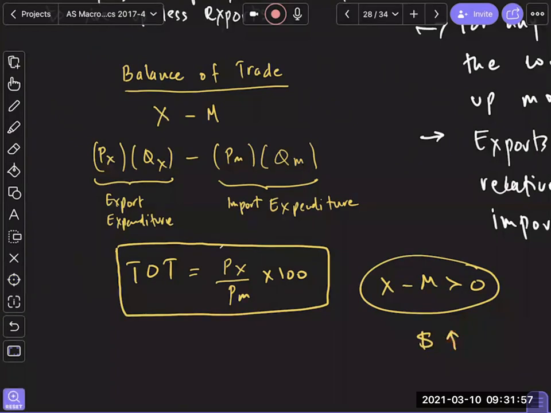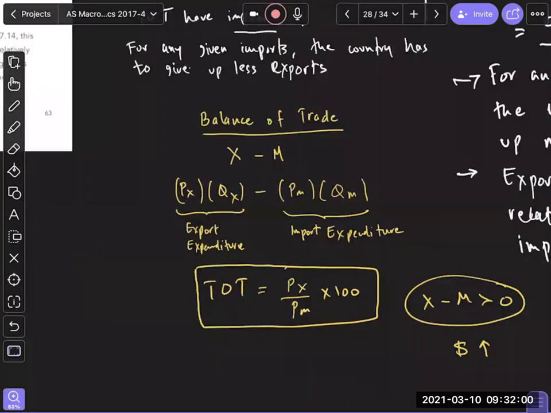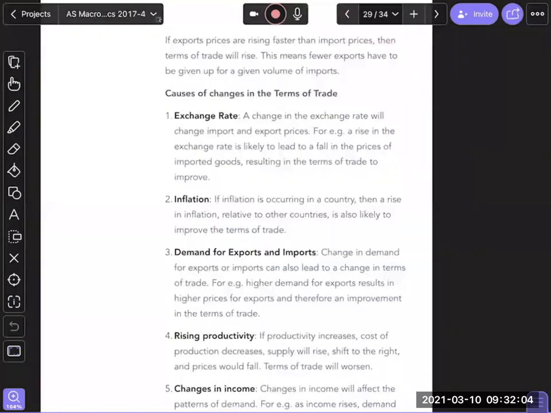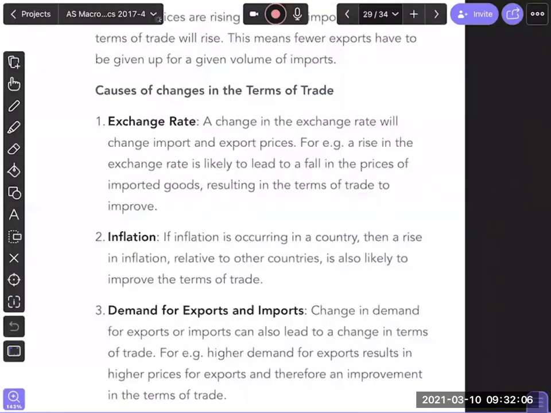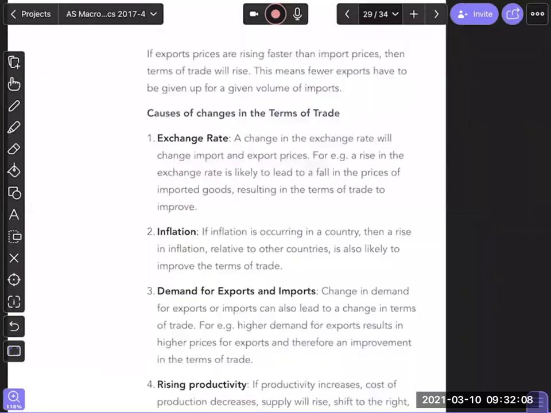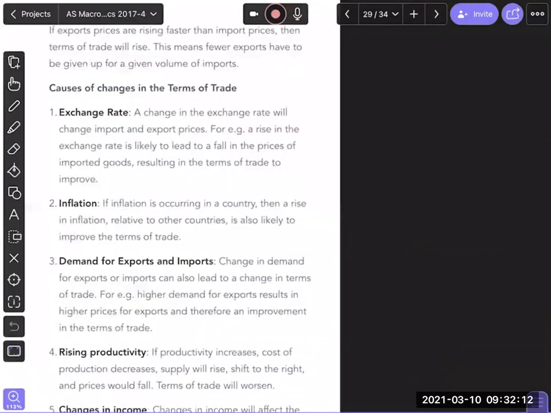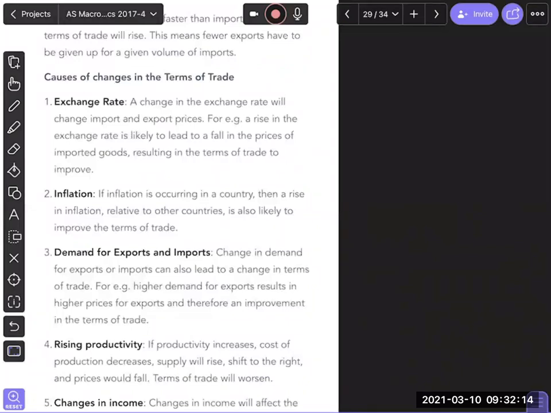Okay, I now want to quickly discuss what can make our terms of trade change, or what are the factors that can make terms of trade go up or down. And by the way, we just discussed that terms of trade going up or down doesn't necessarily mean good or bad news. It all depends on what is happening to our balance of trade, which is price times quantity, rather than terms of trade. Does that make sense? Any question before we move on?